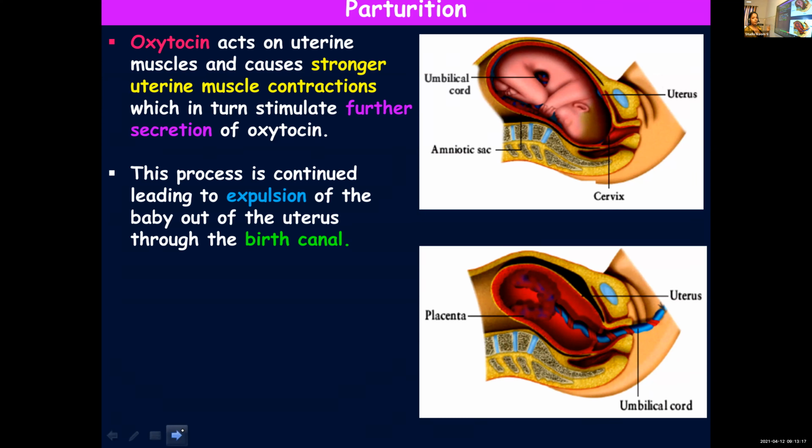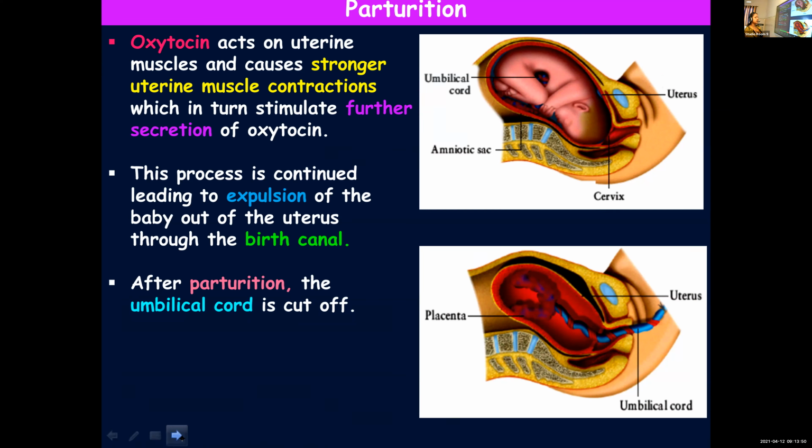Hope you're remembering the birth canal that we mentioned. What is the birth canal, children? What makes a birth canal? Anybody? Cervical canal and vagina. Once again, the cervical canal and vagina together are known as the birth canal, because the baby is delivered through this canal after parturition, and in response to this the baby will get delivered.